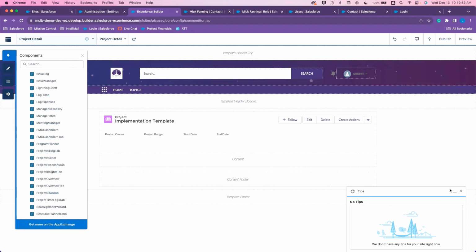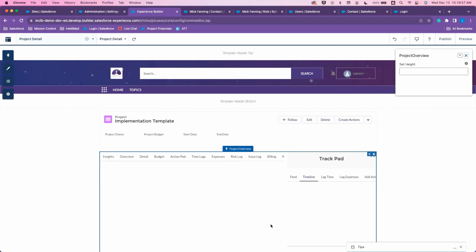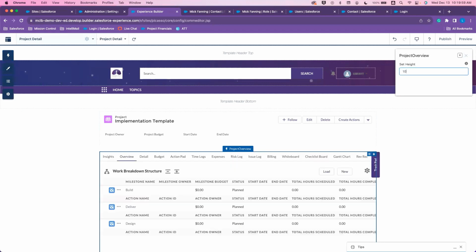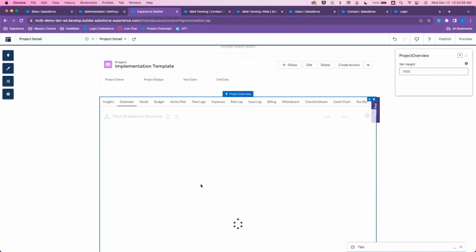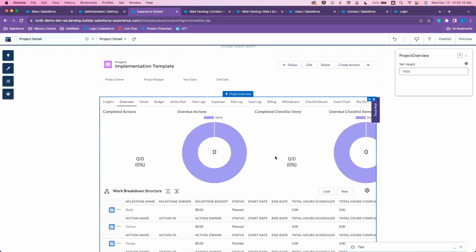Now, if you notice these dotted lines only allow for a certain width on the page, we're going to change that. So I'm going to set my height to 1,000, which will allow for a big enough space for users to use the project overview. And then we're going to expand the sides here. So to do that,